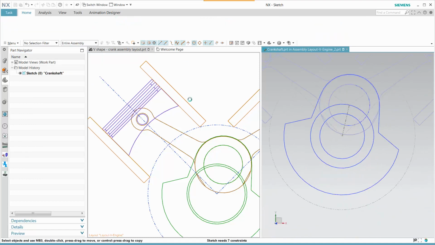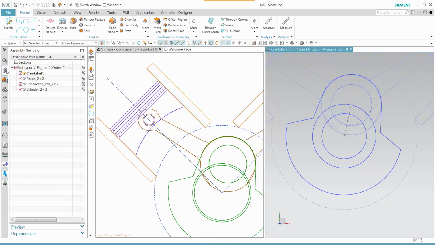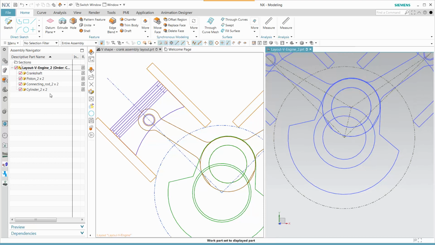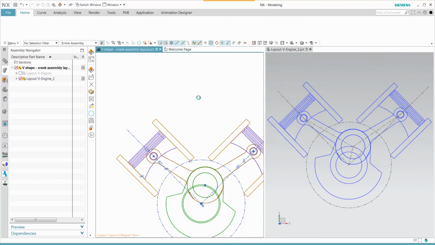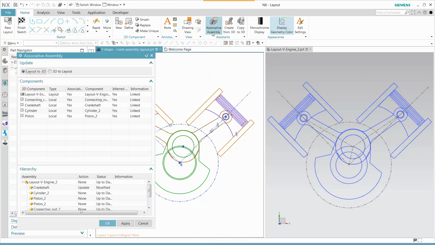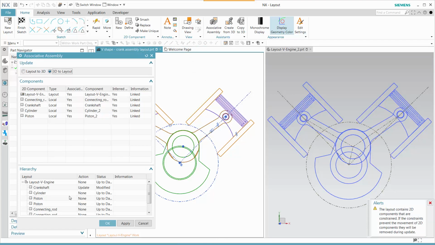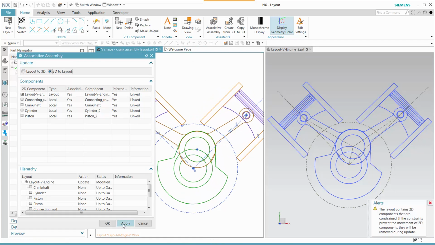Now, how do we get that to do the same thing? The first thing we have to do is be in the layout file first to get the menu that we're after. So in this case, let's go ahead and go into that particular layout file. Then once again, activate the associative assembly. But in this case, we want to push it from 3D to layout. Then once that is done, we select apply or OK, and then you can see that the crankshaft